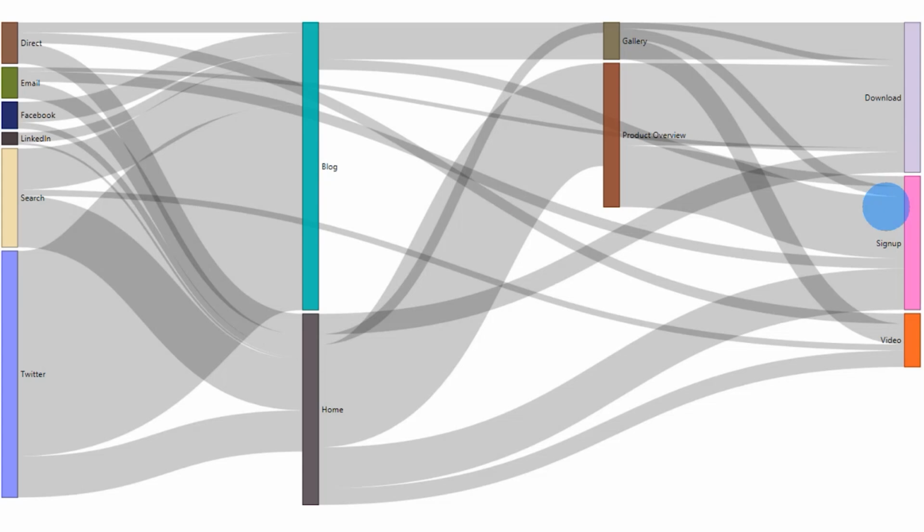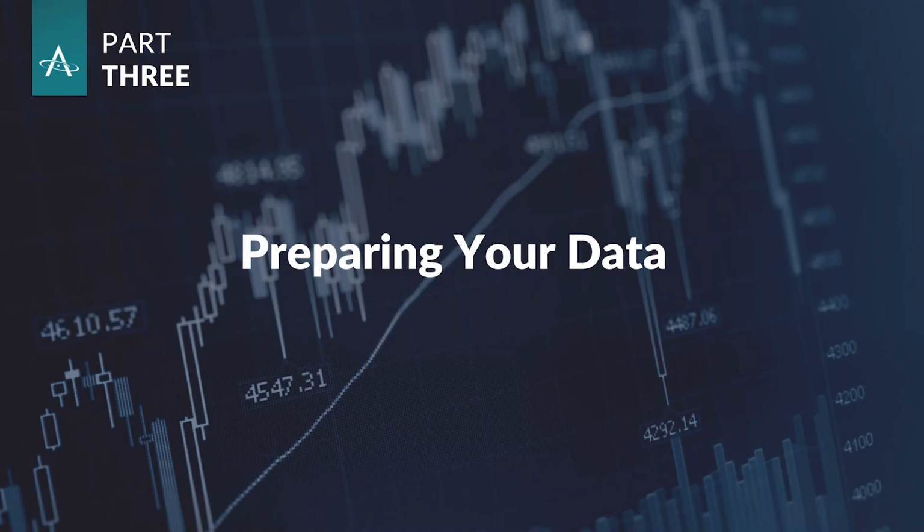And of course, an obvious one might be to utilize a Sankey diagram for monitoring finances and how finances are moving through a system. And that's what we're going to do today with our example, is actually create an income statement using a Sankey diagram. The first thing that we want to do is take a look at the data that we're going to be